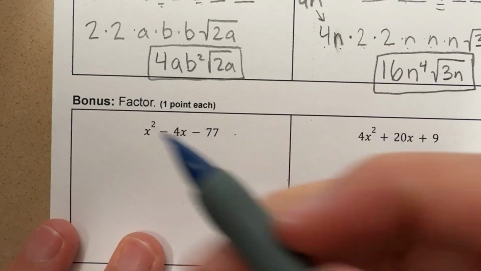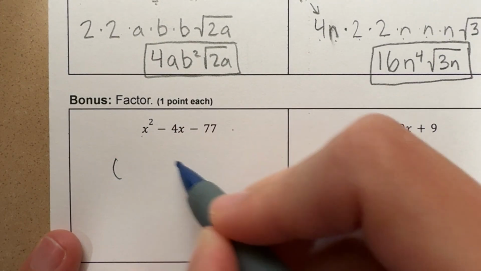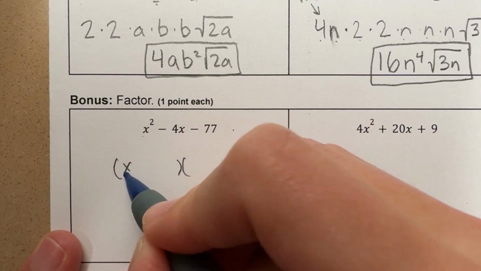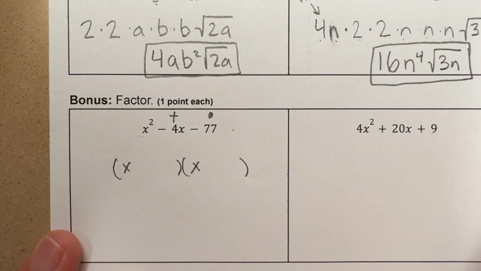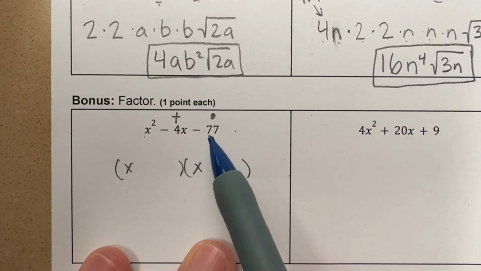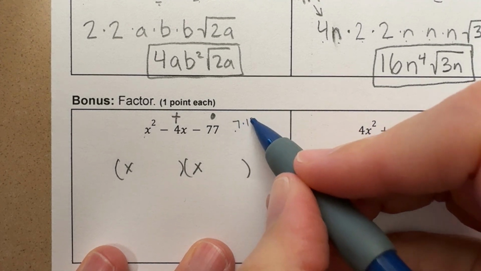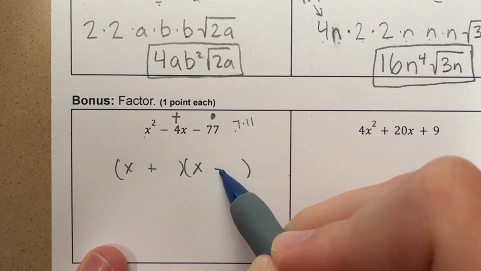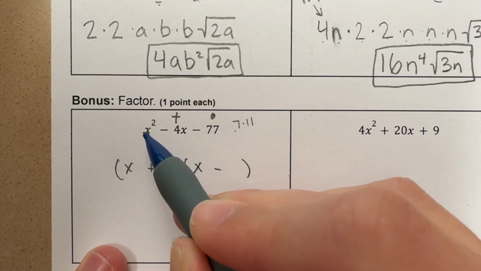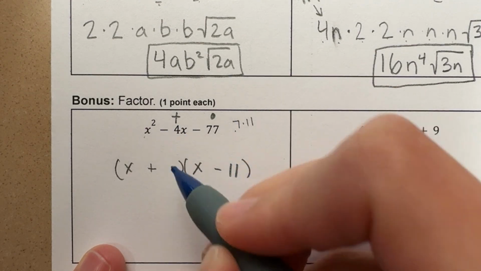All right, last one, or last row. Here I notice it's just x squared out in front, so right away I know that's going to be x and x. I'm looking for 2 numbers that multiply to negative 77 and add to negative 4. For me, anything with like 77, 66, I right away think of 11, so I think this is going to be 7 times 11, which is perfect because if I'm multiplying to a negative, I need 1 positive, 1 negative, and these numbers do subtract to 4. I want them to add to negative 4, so I'm going to make the larger number negative and the smaller